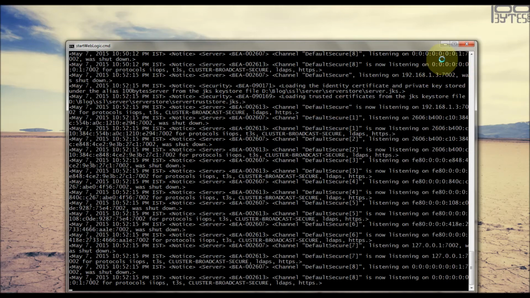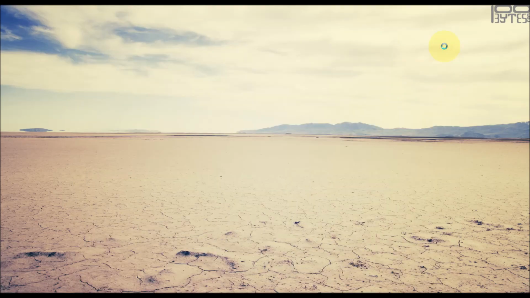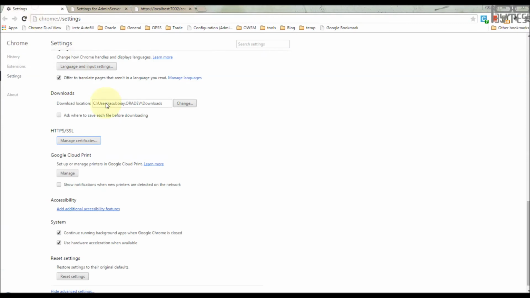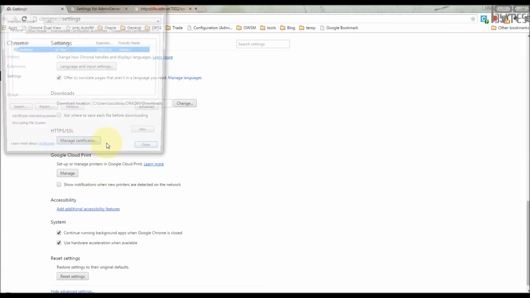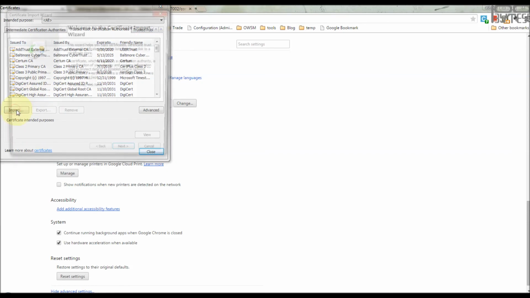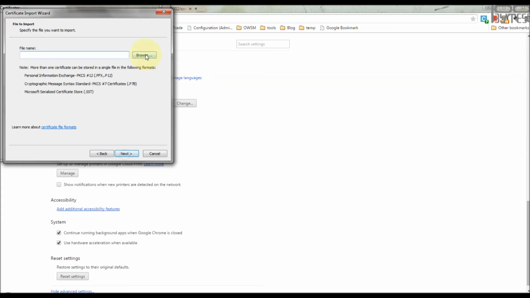To confirm it, we will try to access it in the browser. Before accessing from the client, we have to store the server trusted CA in the client store. Here our client is a browser. So we will store the server trusted CA. In Manage Certificates, in Trusted Root Certificates, import, next.